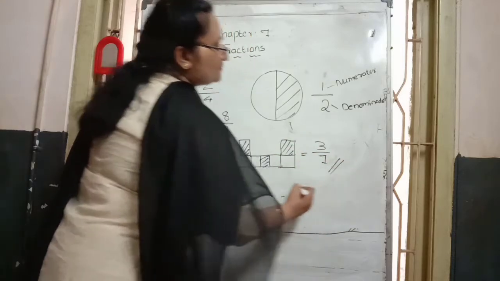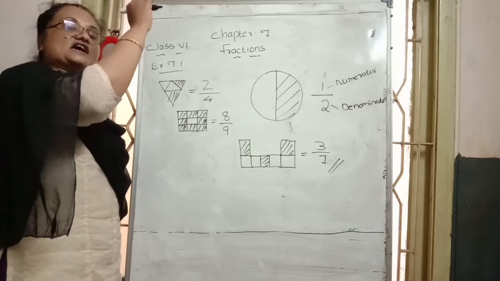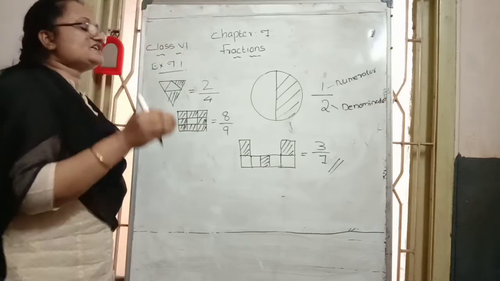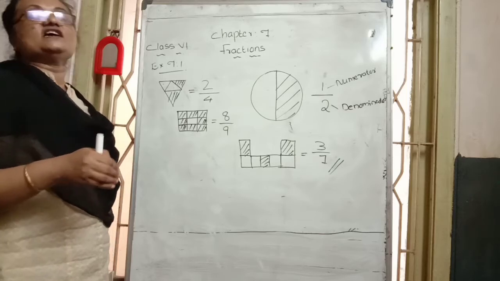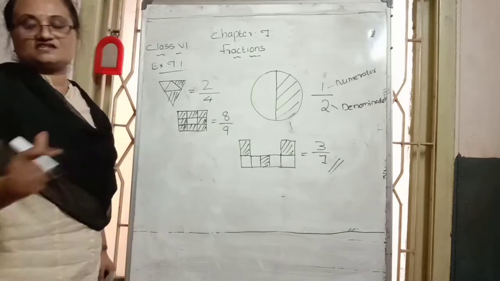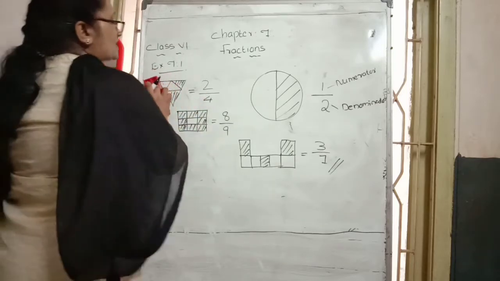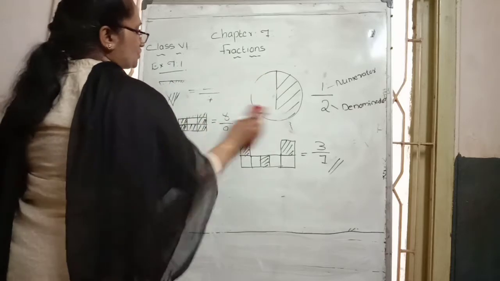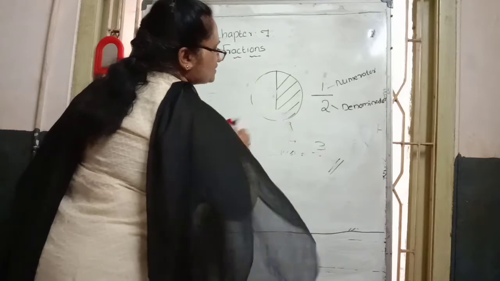Out of 7 boxes, 3 boxes are colored. So the colored part we write in the numerator, and the total number of parts we represent in the denominator. This form we call a fractional form. In this way, this type of question is there in the first exercise, first Roman numeral question. The next one is